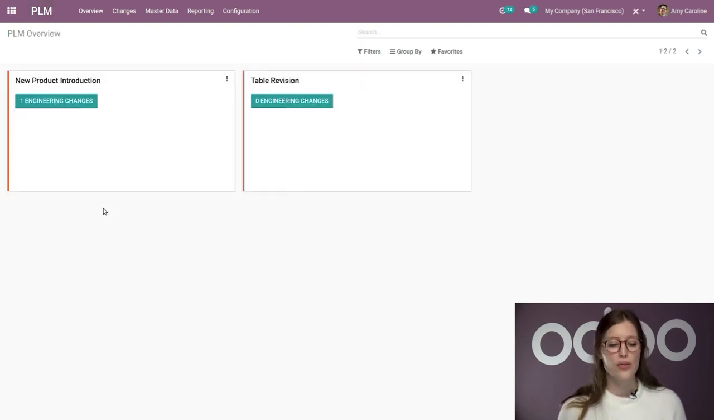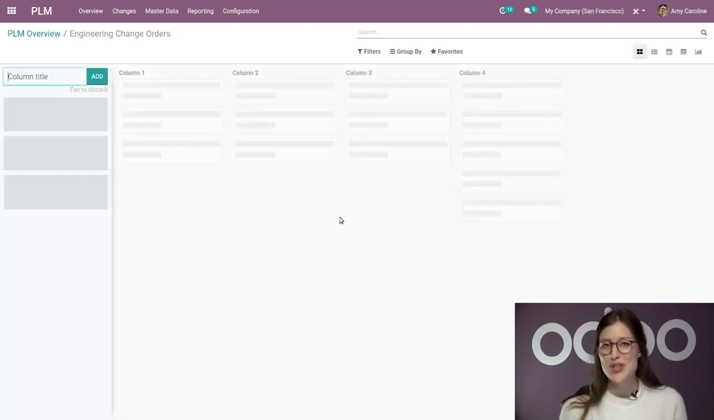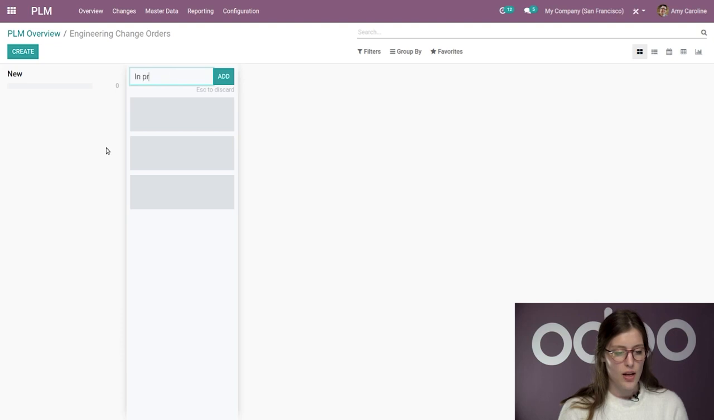And then we're going to jump to our dashboard. Here, I'll have an overview of all of our ECO types, but I'm just going to jump directly to this one that we just created. And I'm going to start adding some columns, or rather some stages. So let's go ahead and say new for the first column, then in progress,